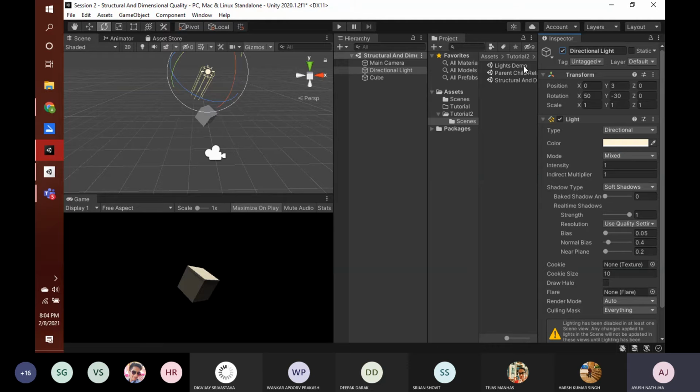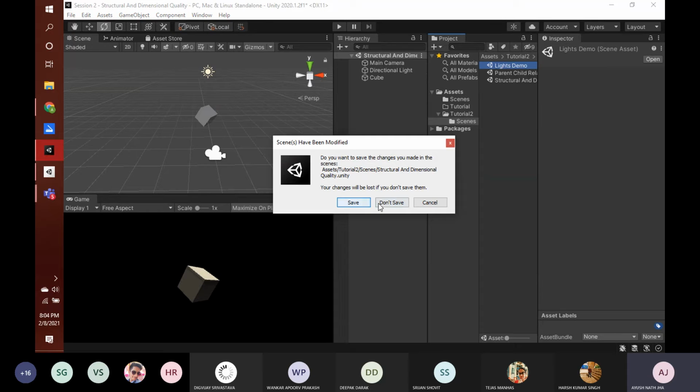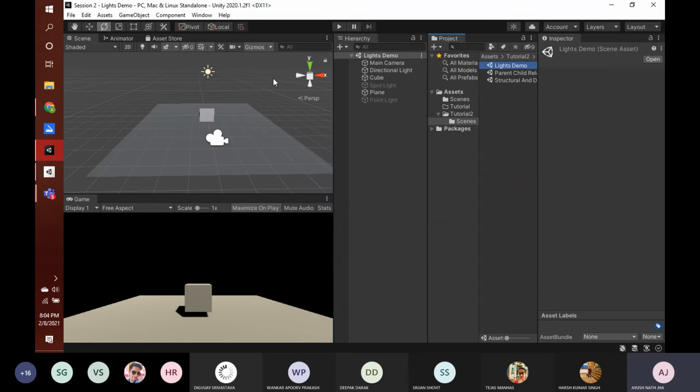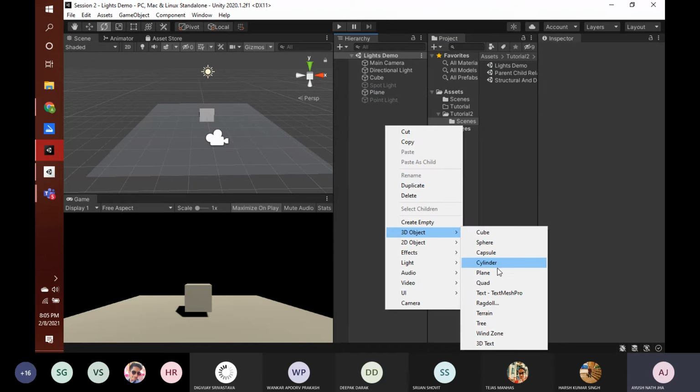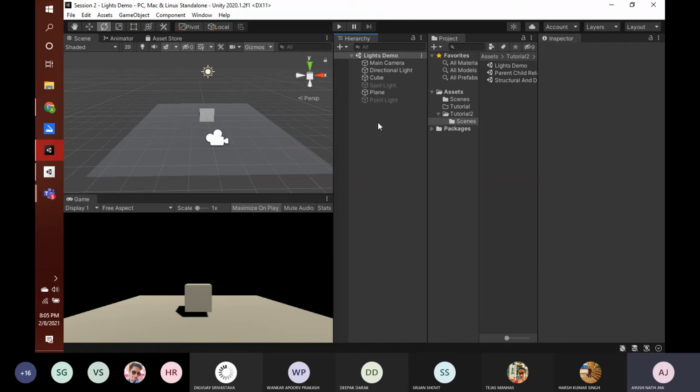Now another thing is a lights demo. So I told you about the different types of lights present in Unity. We have this very simple scene where I have simply put a cube in front of the camera, and this is a plane which you can also add. Just right click, go to 3D objects, and then you can click on plane, and the plane will be added here. Or if it is not added here, you can simply position it using this tool, just like we did earlier. And so you can see that currently this is the demonstration for a directional light.